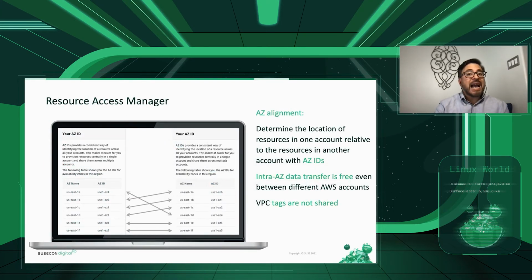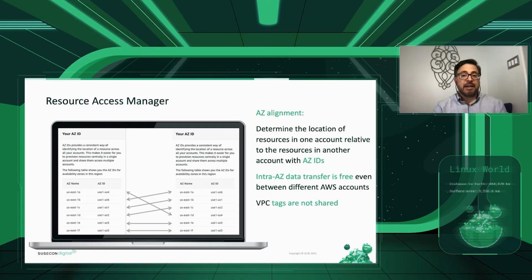So Resource Access Manager is a service in the AWS console. It's the service that you use to set up the VPC share with member accounts in your AWS organization. And when using VPC sharing, there are times where you want a set of instances from different member accounts on the same availability zone. The reason is you can save money by taking advantage of the free intra-availability zone data